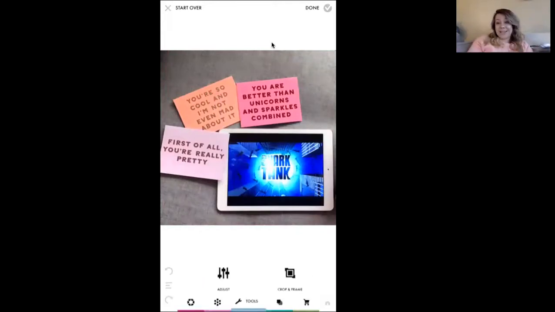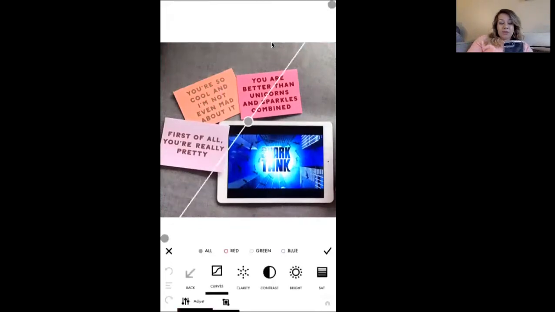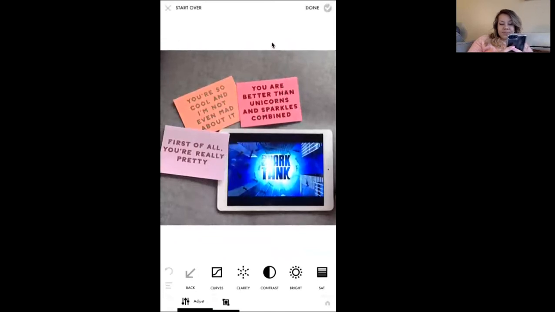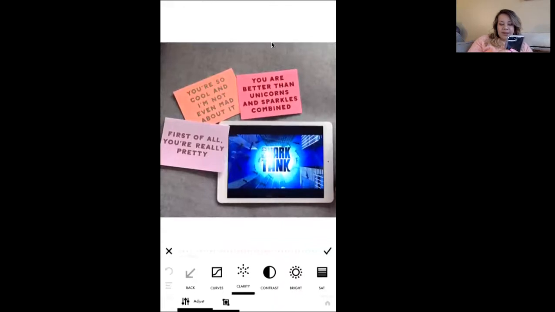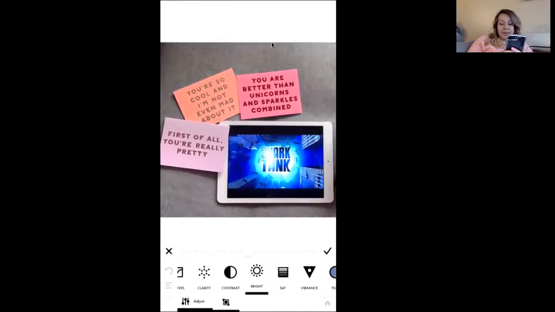This is the steps that I take to edit every single photo. It just makes it brighter and crisper. I come into adjust, I go to curves, I put 2 dots on here just by clicking it. I bring this down a little bit to add a little contrast, bring this up to lighten it. I just kind of mess around with these a little bit until it's good. And then I come into clarity, I just up it a few points, contrast, up it a few points, brightness,